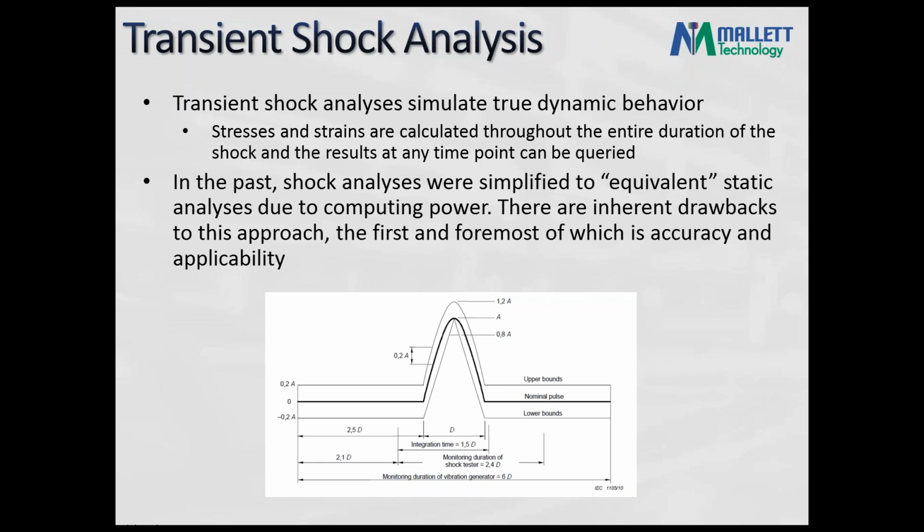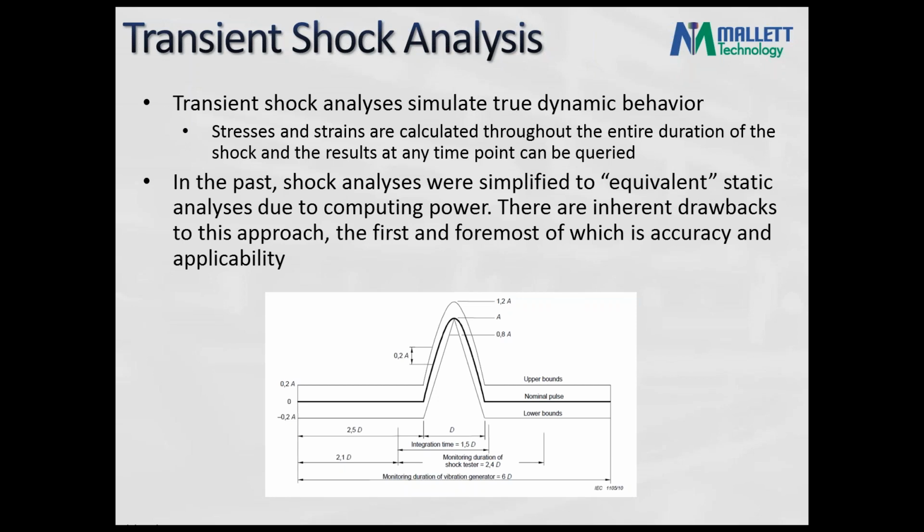So the true benefit of that is it's incredibly accurate, right? In the past, especially when computing power wasn't as good, there was this idea of equivalent static analyses, and they still exist today, which is why I want to touch on it. Essentially, if we do some amount of math, we can simulate a shock event via static analysis. The downfall of that, and we've seen this firsthand, is that there's often some accuracy and applicability loss. We've seen a few times where an equivalent static analysis simulated a shock,